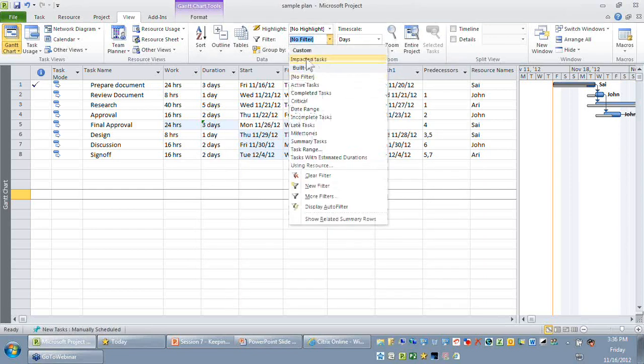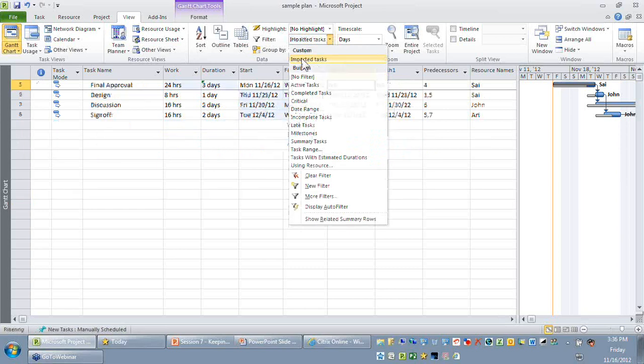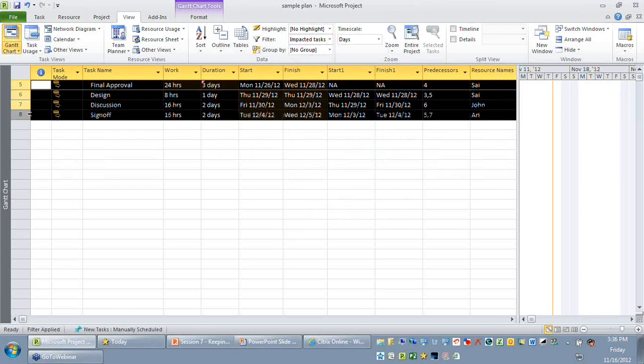That filter will be listed on top. You can see custom impacted task. So when I apply that filter, only those activities that got impacted will be listed on your screen. Now our job is quite simple. You just need to select only those tasks that have been listed by this filter, and go to the project,